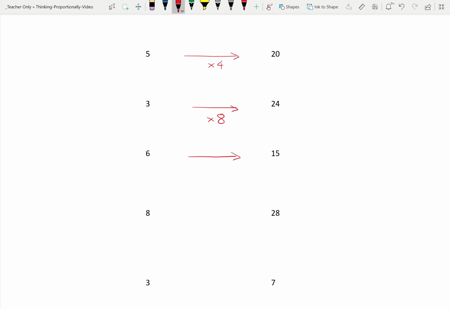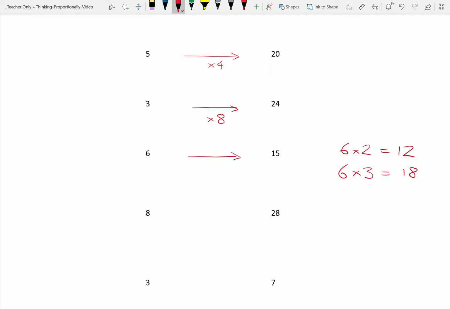But how do we go from 6 to 15? 6 times 2 is 12. 6 times 3 is 18. We want to get to 15, so it's a number between 2 and 3. You may have realised the number is 2.5, but let's have a little think as to how we can actually